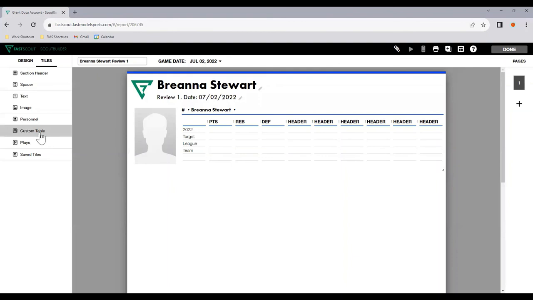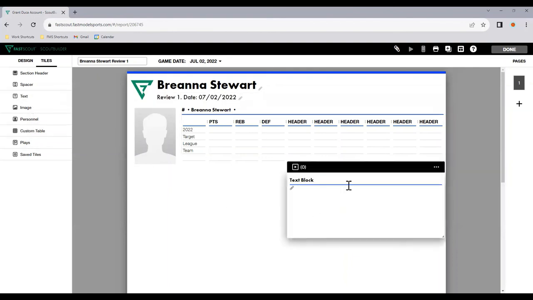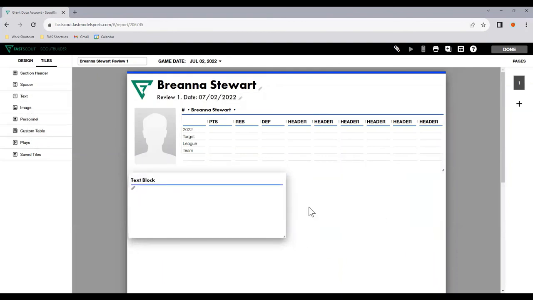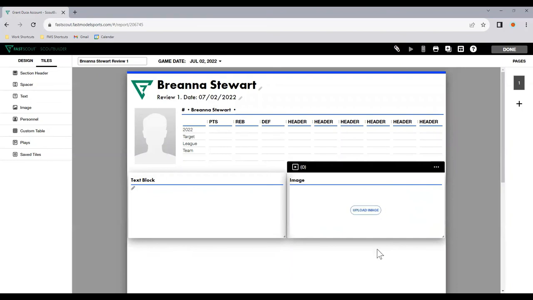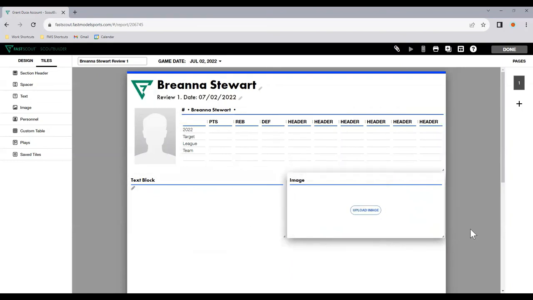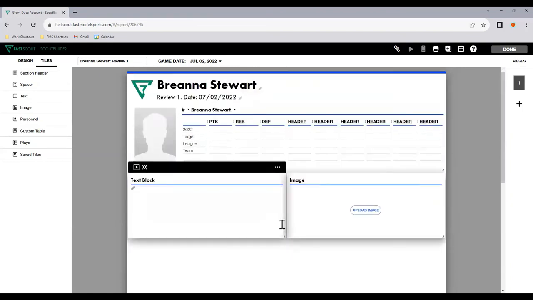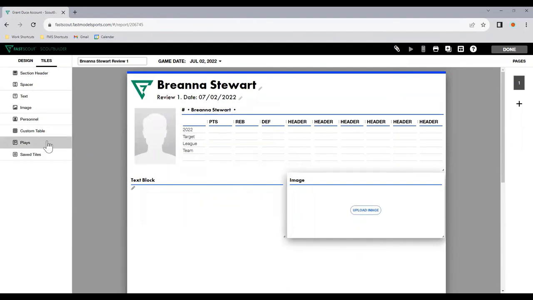Now, you can take that further, adding in text boxes. Again, you can go areas to focus on, areas to improve, strengths, keep doing this, stop doing this, whatever. You might want to add in more images to highlight, again, this is what we're running, or this is where we're looking for you to score, whatever you want to do. You might put plays,